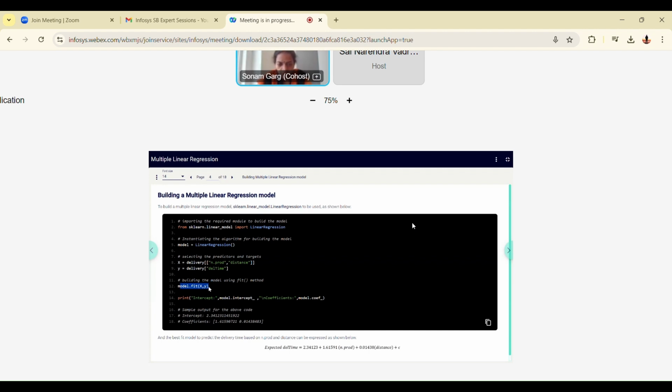Internally, the equation which we have seen, Y is equal to M1x1 plus M2x2 plus M0 plus epsilon error, that equation will be framed and the best fit values of the coefficients and intercepts will be found internally. If you want to check those best fit values, you can use intercept_ and coef_ to check the values. Here you can see what we get. Intercept is coming to be 2.3 and two coefficients. I hope you understand this and do not need an explanation why one intercept and two coefficients. Are you okay with this?